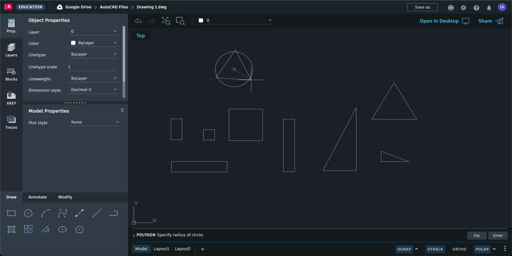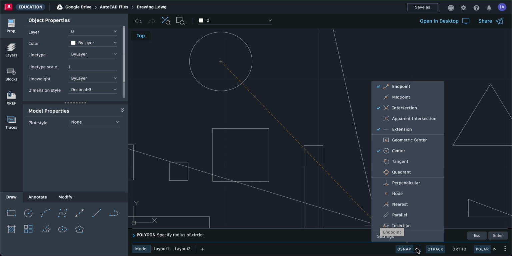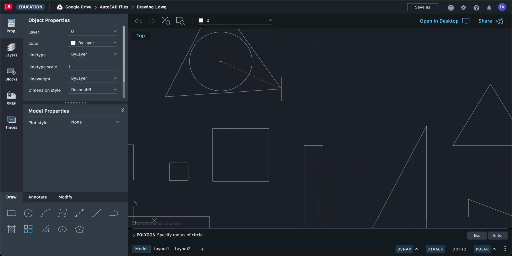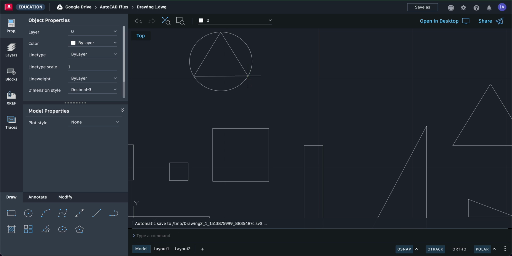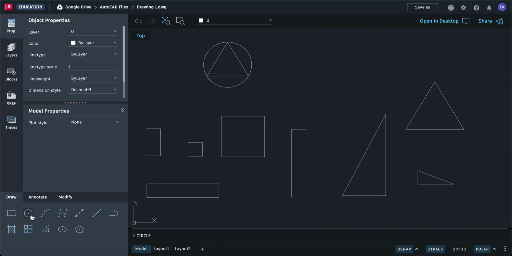So if you want your triangle to touch here on the circle, you're going to click the O snap tool and make sure that nearest is on. So if I click nearest, you're now able to select the circle, and that will be exactly on that circle. Okay, so if you draw a circle, any size right now,